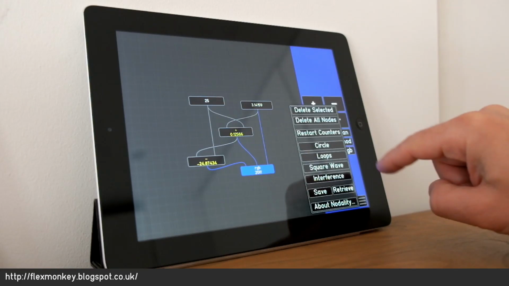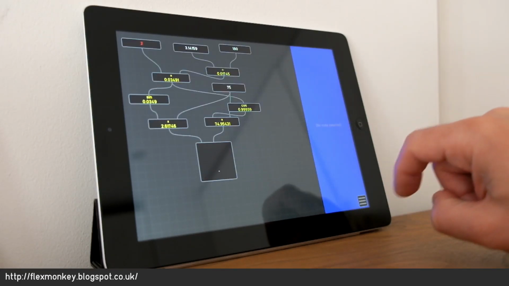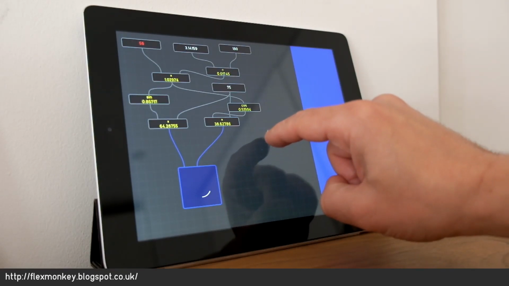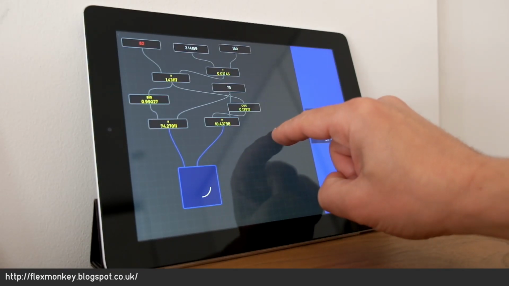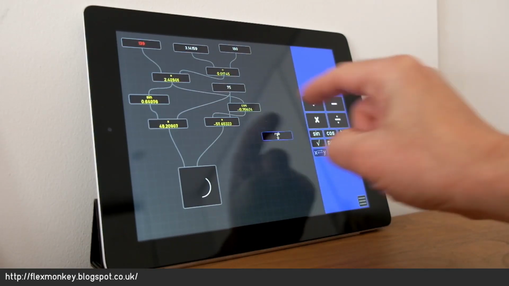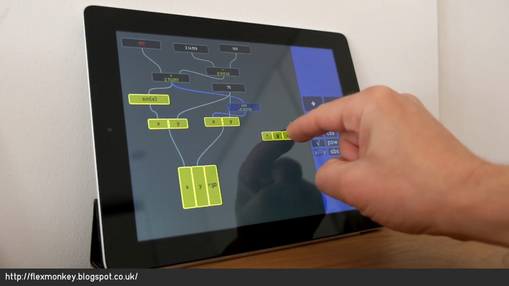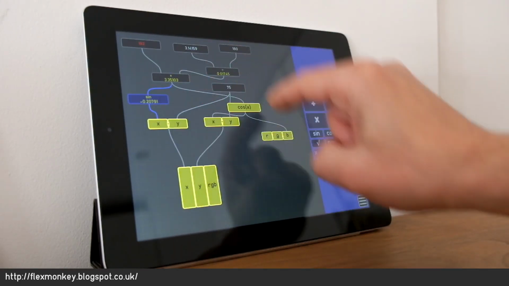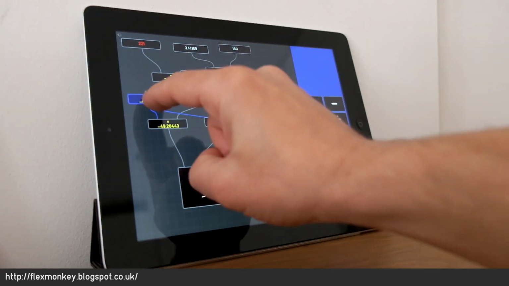If we open our circles project, this creates us a circle. If I take the sine and the cosine and plug them into an RGB, let's assign the cosine to blue, the sine to green, and the sine to green again,